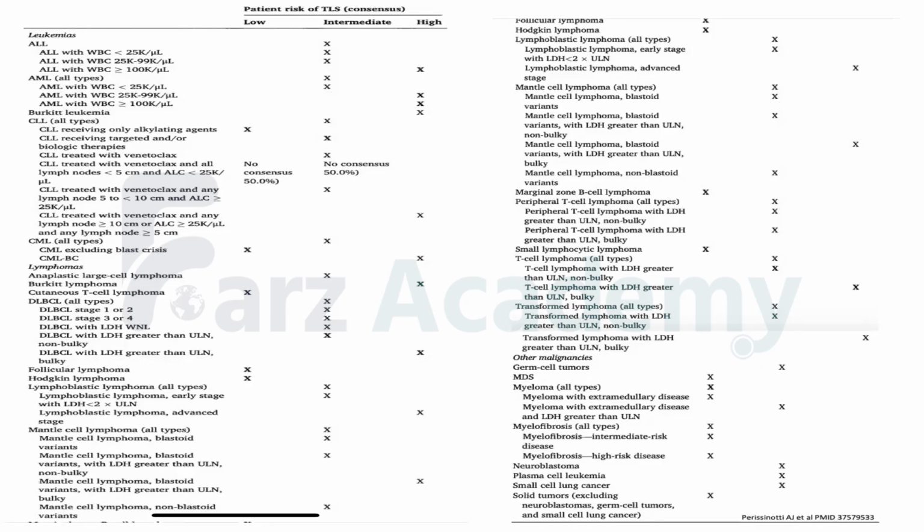So your AML, CML, CLL, Burkitt's lymphoma, diffuse large B cell lymphoma, anaplastic large cell tumors, then mantle cell lymphoma, all carry a high risk of spontaneous tumor lysis syndrome. So even before starting chemotherapy, they may go into TLS. And others, like plasma cell leukemia, small cell lung cancer, and certain solid tumors, are intermediate.